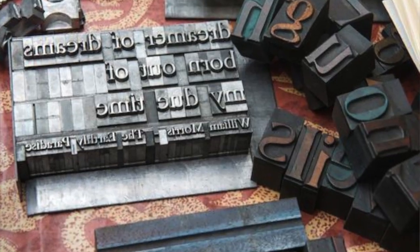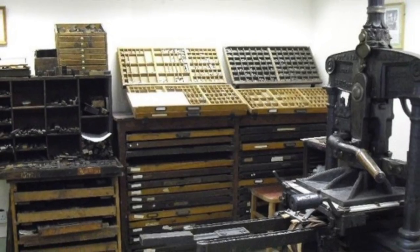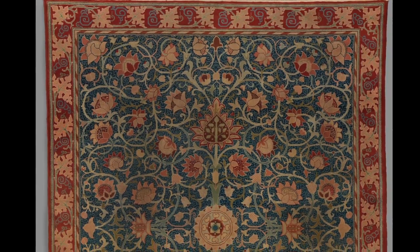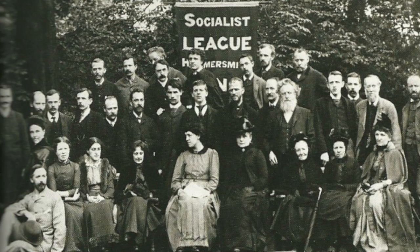There were three main types of work that Morris did while he was living here. There was the Kelmscott Printing Company he founded. There was the Hammersmith carpets. The carpets that he made for people to buy to have in their rooms were actually made here back in 1878. When Morris became more political, in 1883 he joined the Social Democratic Federation, and this became the meeting hall